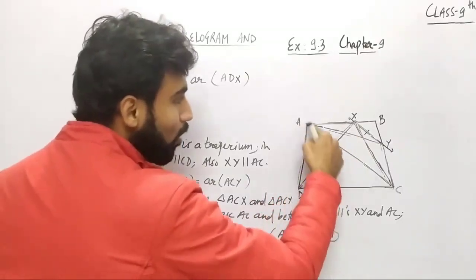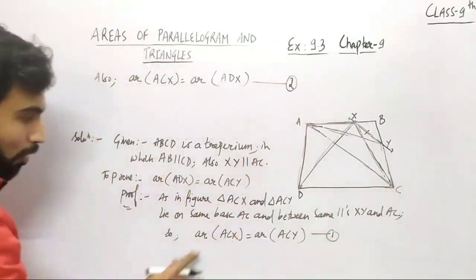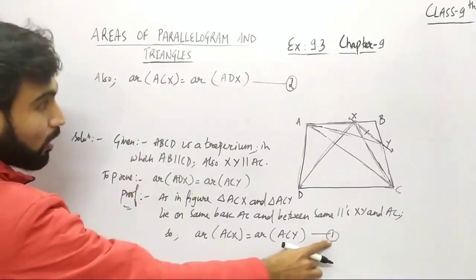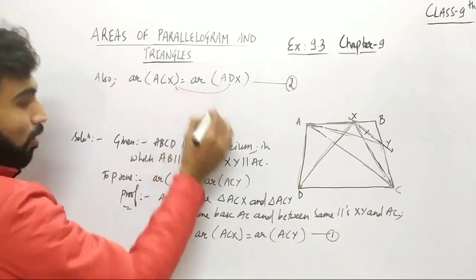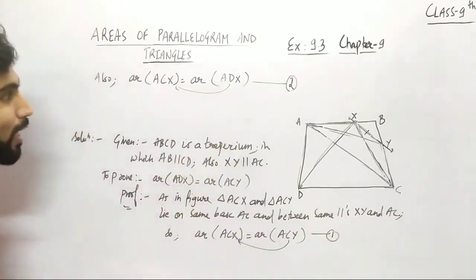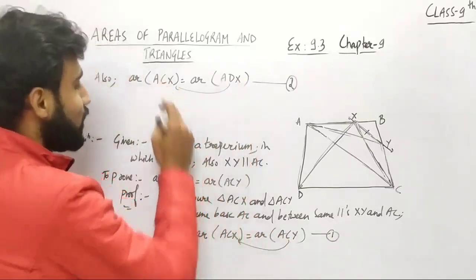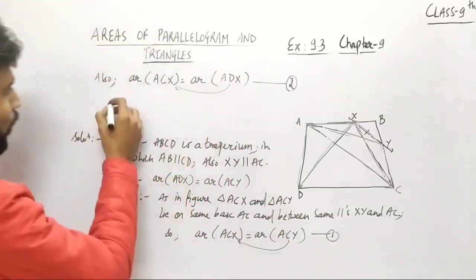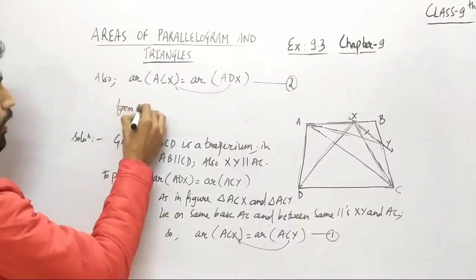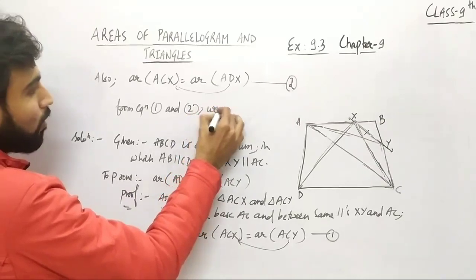So यहाँ पे ADX के इक्वल हो गया ACX का एरिया। Now let me just give it equation number second. Now if you just observe from equation number first and second, so that means कि जो ADX और ACY दोनों किसके इक्वल है, ACX के इक्वल है, यानी कि ये दोनों सेम चीज के इक्वल है। दैट मीन्स आपस में भी क्या हो जाएंगे, इक्वल हो जाएंगे, राइट। सो वी कैन राइट डाउन दैट फ्रॉम इक्वेशन नंबर फर्स्ट एंड सेकेंड